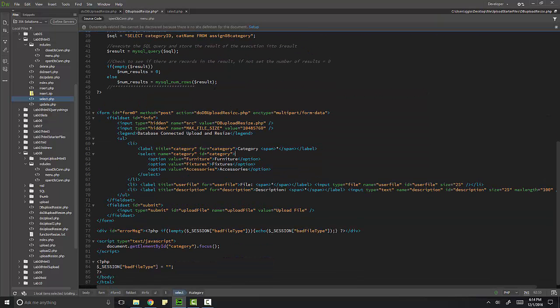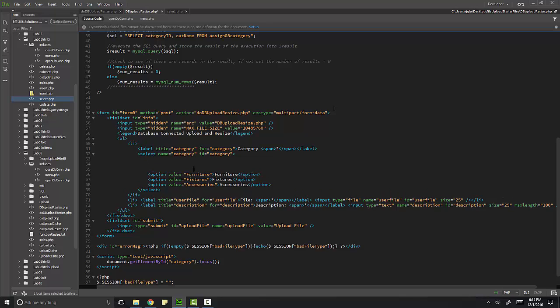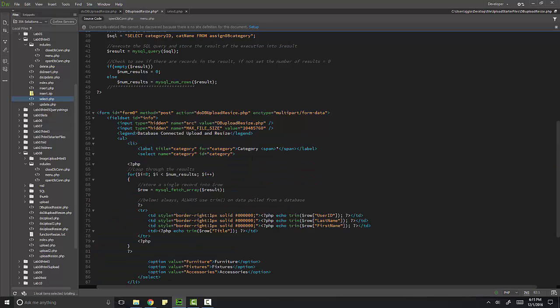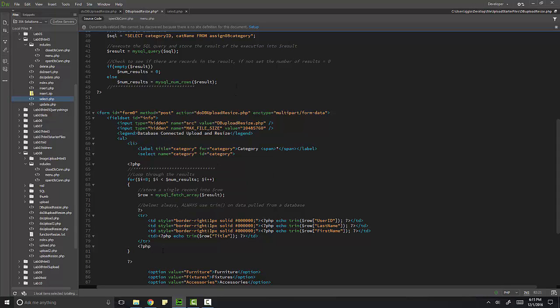I'm going to come back here. And inside of the select is where I'm going to paste it. So you can see that I've made some room there. Inside of the select, but above the options, I'm going to paste that little piece in there. And again, I'm going to come up and I'm going to grab my little comment block so I can kind of define where I'm adding some new material here,